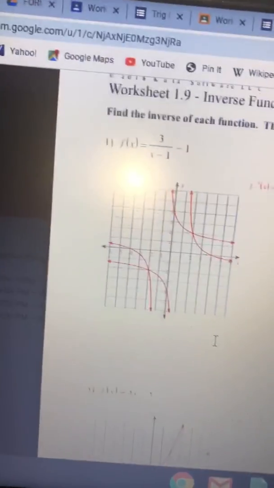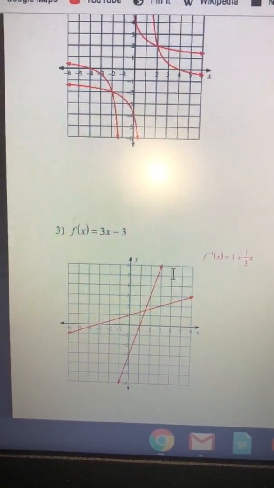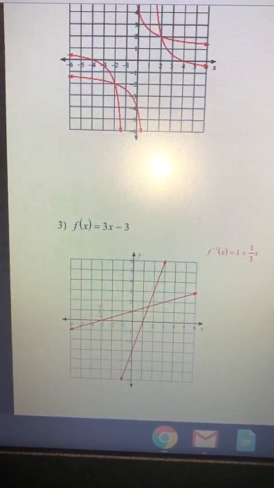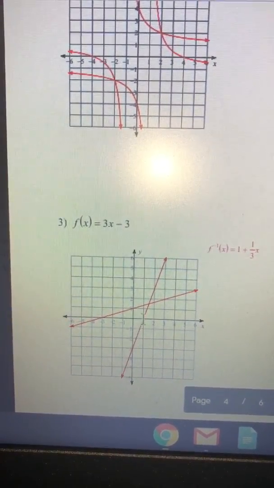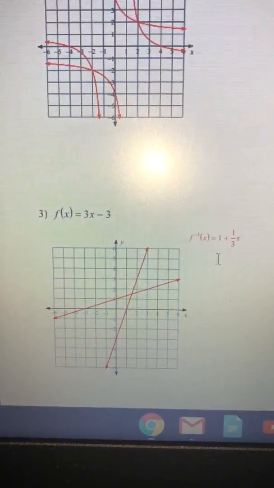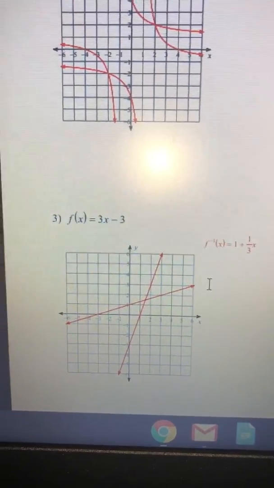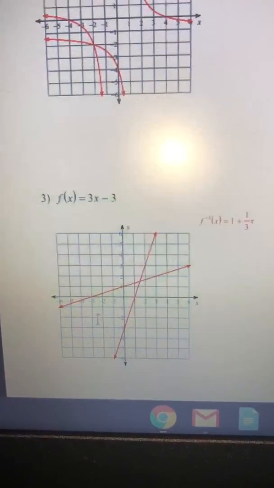So you can just take a look at the answer to this one. It's a lot easier because they're just straight lines, right? So if you just graph the original 3x minus 3, this line right here, and find the inverse, you should have gotten 1/3 x plus 1. Grab that. You'll notice if you were to draw that diagonal line right down the center, it's a perfect reflection